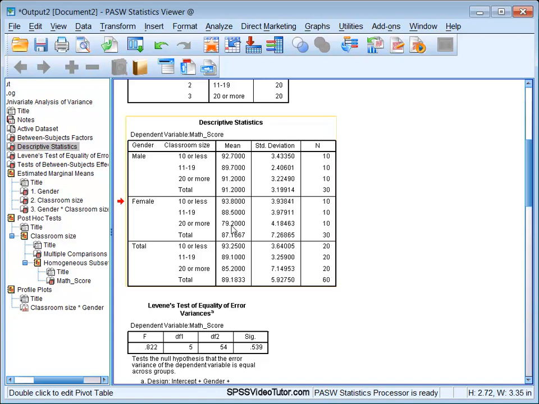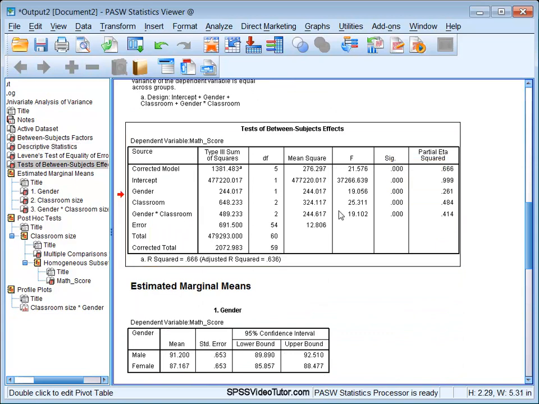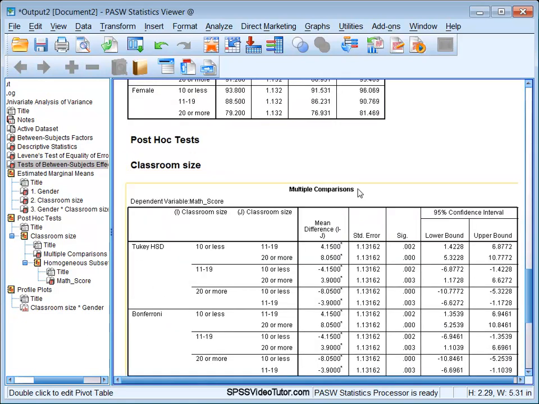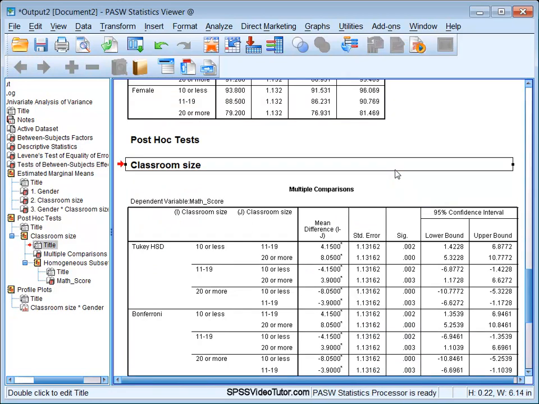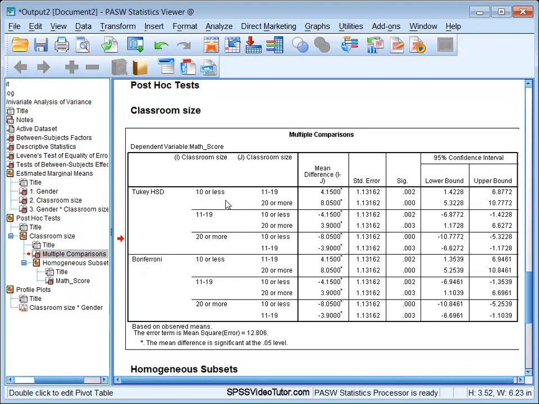So that means that males have significantly higher math scores than females. Okay? Now, for the classroom, since there are 3 or more groups, we have to look at the post hoc tests. Okay? Now, if we go down to the post hoc test and look at the multiple comparisons table, we see that this compares the 10 or less classroom size group to the 11 to 19 and 20 or more